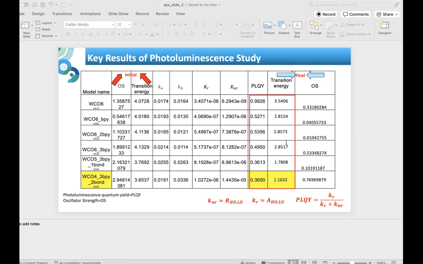This suggests that more than one third of the absorbed light is successfully re-emitted as luminescence,